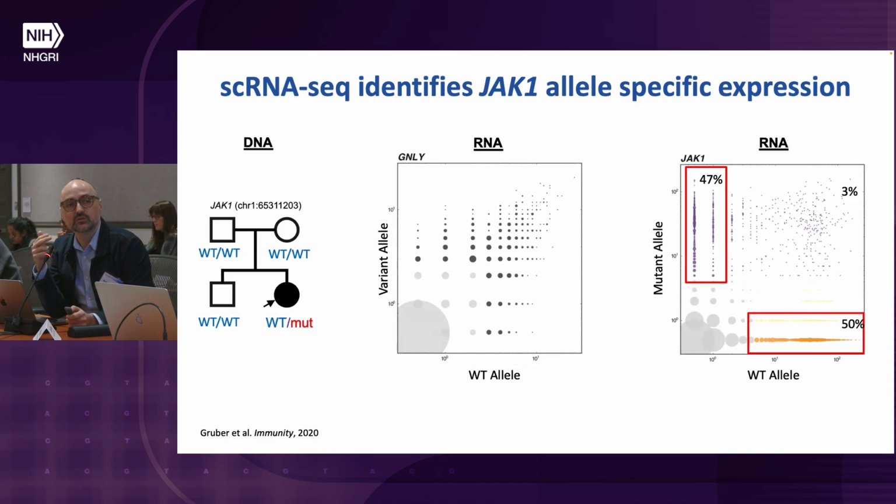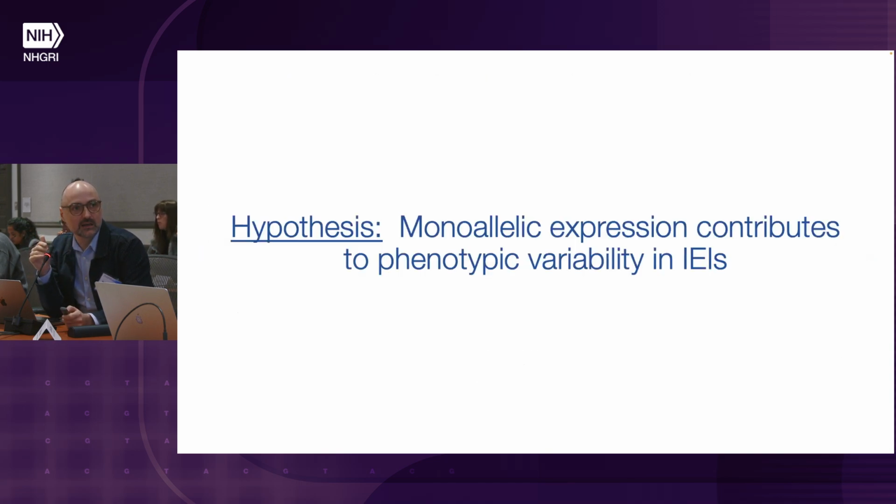What was shocking to us is that the other 50% of cells should be double positive for the mutant and the wild type. And what we ended up seeing is mostly the mutant allele expressed, which didn't make any sense because it's against what we were taught in very basic human genetics, right? Okay, so we went on a quest for about 5 years and formed first a hypothesis that monoallelic expression